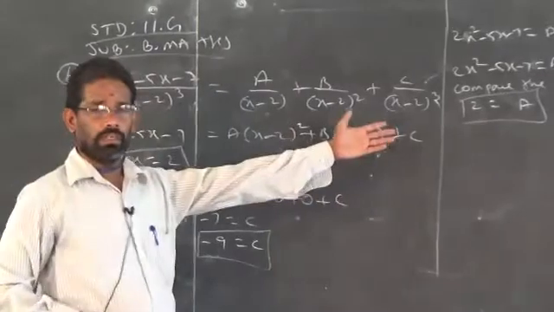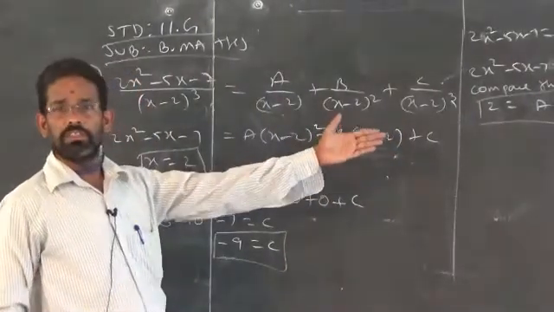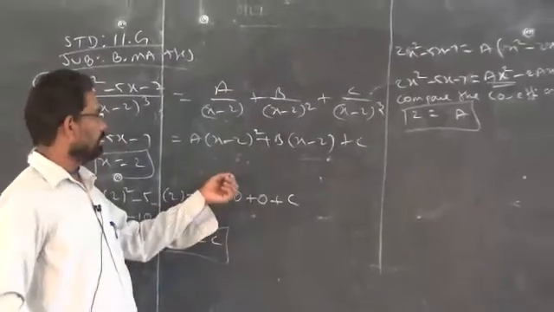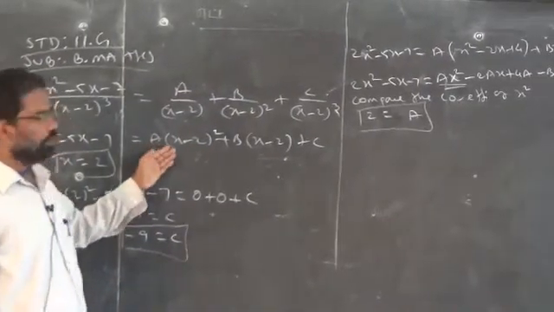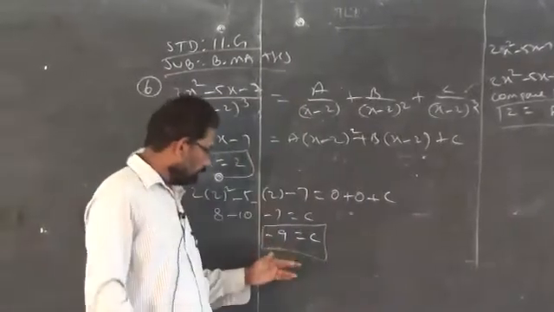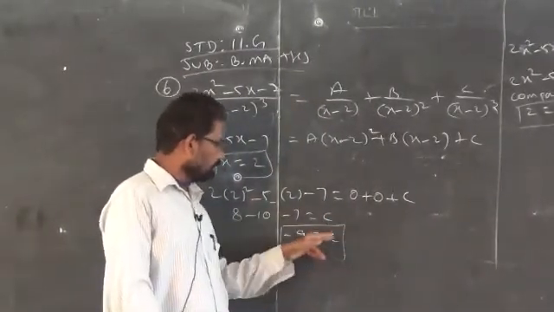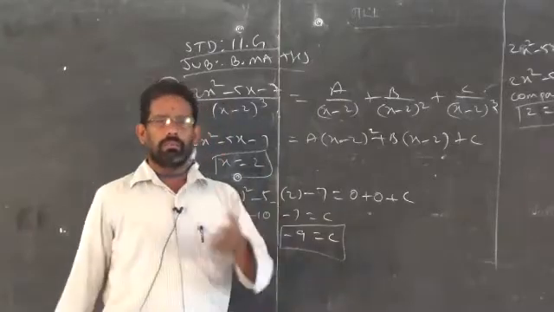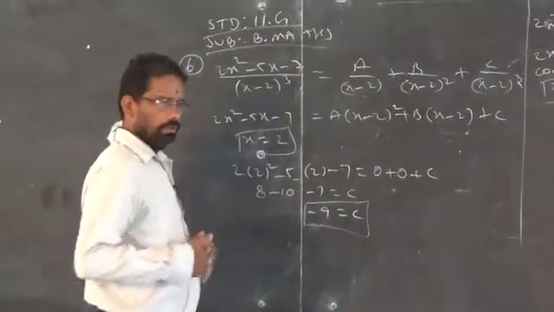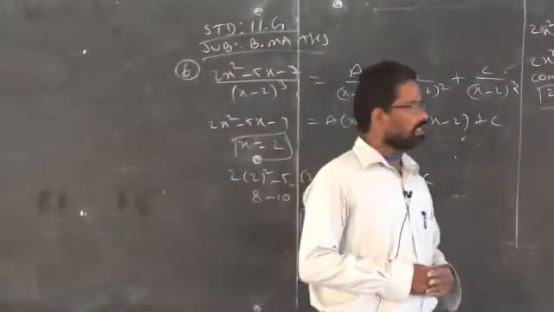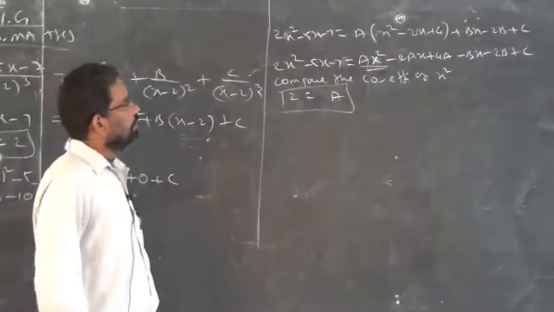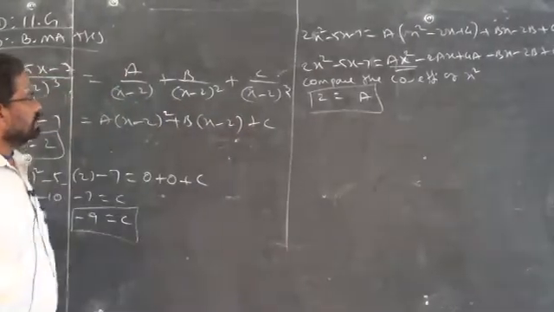You see how you get the answer very easily. If you apply the elimination method by replacing x by any number in this expression, you will get two equations. Then you replace c by minus 9, and it reduces to two equations with the two variables a and b. Then you apply the elimination method and get the answer. Here, if you apply this comparison of x square, x and constant, you will get the answer easily.